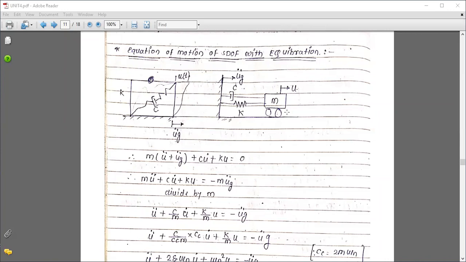And the second thing is, what is meant by the response. The response behavior is nothing but how the structure behaves during the earthquake frequency. That is the behavior of the structure. So how can we see this behavior of the structure? For that purpose, we have to make some small models, and we check those small models by using the vibrating table or the shake table, which is available in our earthquake engineering lab.